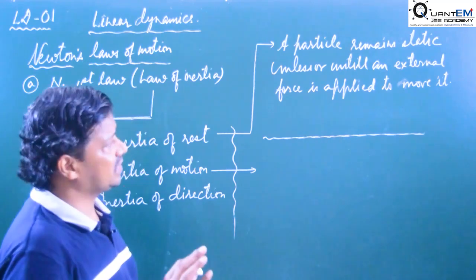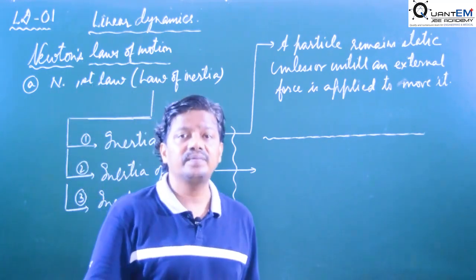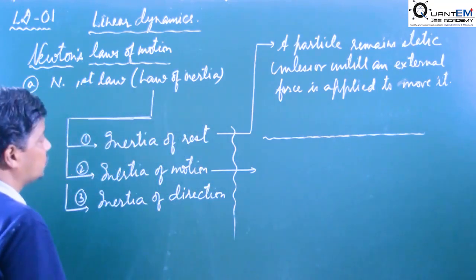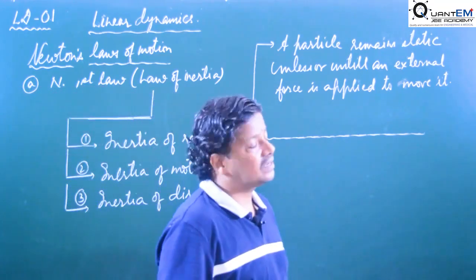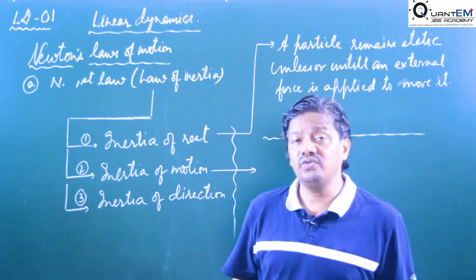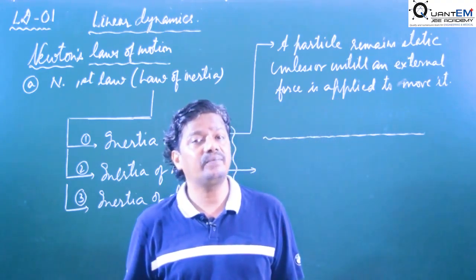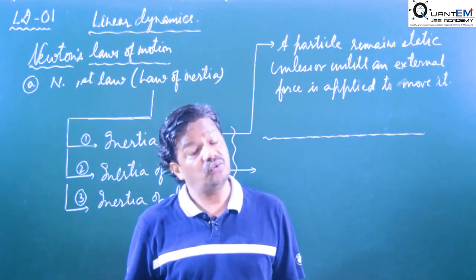तो ऐसे applications के number of examples books में हैं, 9th, 10th का और 11th का, वो आप खुद read कर लीजिए. Inertia of motion. See, if a mass is moving with uniform velocity, then to increase or decrease the velocity you will have to apply what? The force, external force.